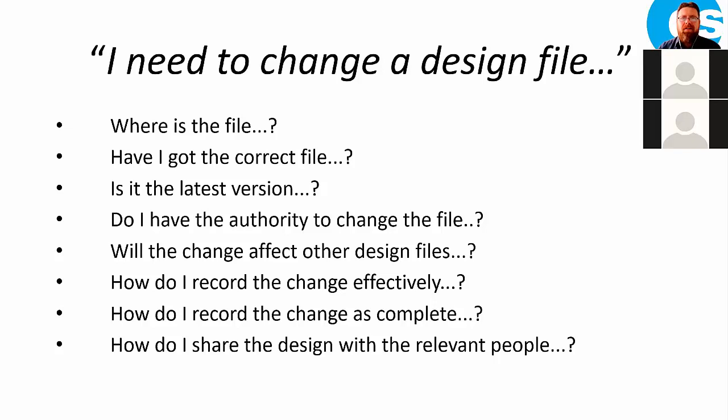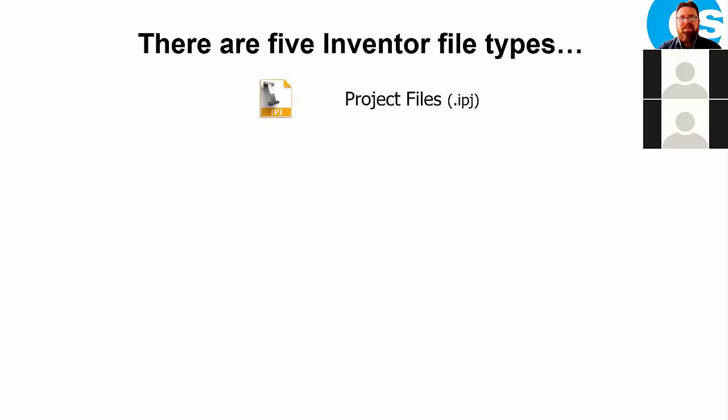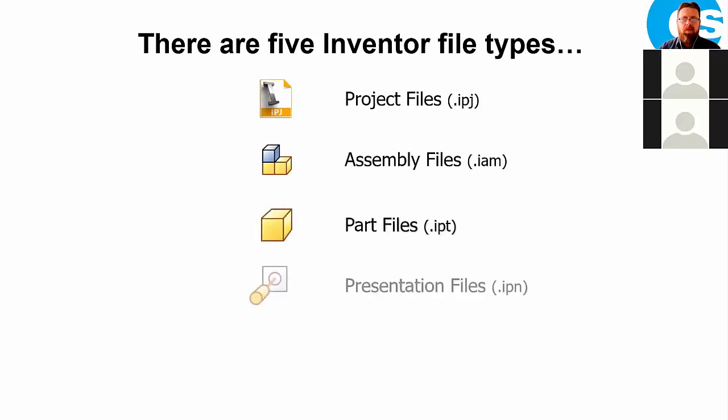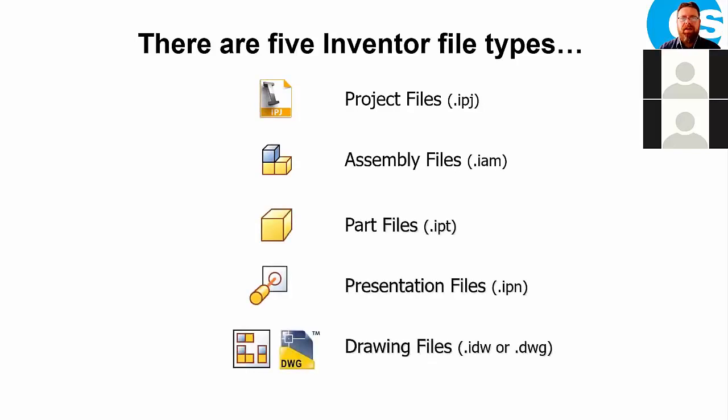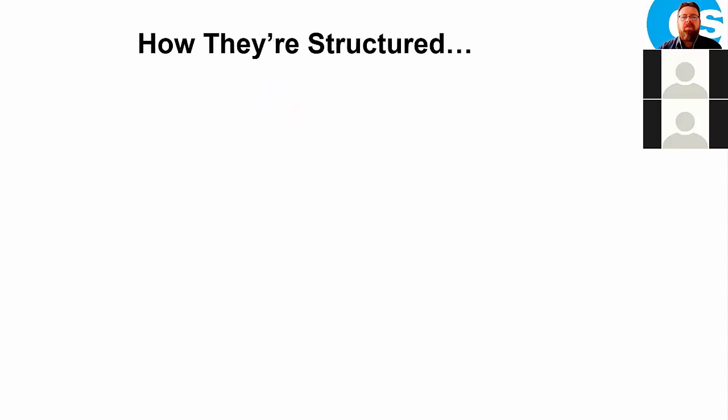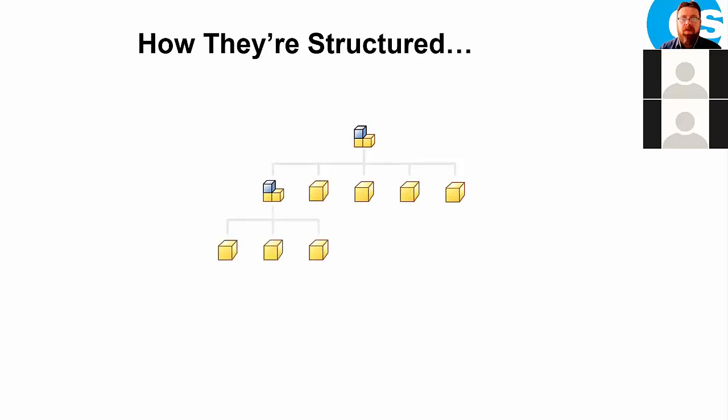When we're talking about moving files around within folder structures, within Inventor, we have essentially 5 different file types, 6 if you include both drawing types. And we know that there are a number of links and dependencies that occur between these files. So at the top we have an assembly, under which we have subassemblies and parts. Within the subassemblies we also have additional parts. Each of the assemblies and parts have associated drawings. The assemblies can also have an exploded view called a presentation file, which in turn can also have a drawing